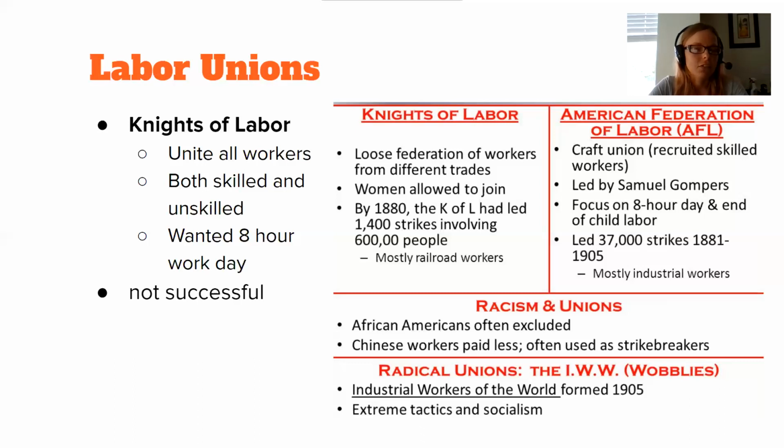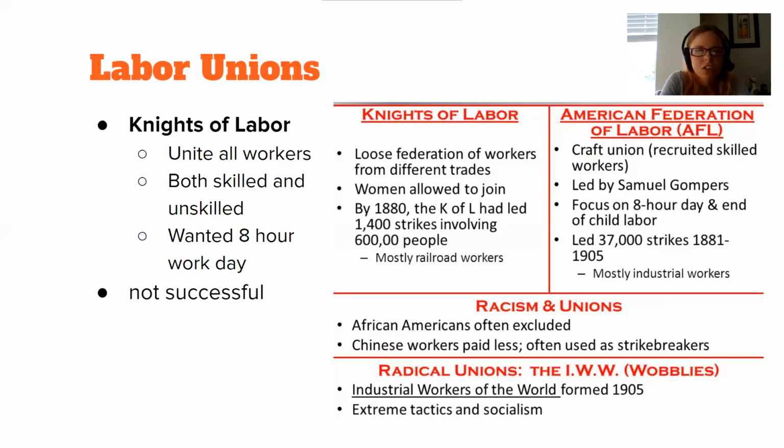They also eventually allowed African Americans as well, although they did force them to be in segregated union groups. The other thing that the Knights of Labor did that was very inclusive was they also allowed in unskilled workers. A skilled worker knows how to do a certain job. You have a skill set, like some of you maybe know how to fix a car. Okay, that's a skill set. You are a skilled worker. If you just have the job to tighten this one rivet all day long, that's not really a skill. You could just do menial tasks. You're unskilled. The Knights of Labor would accept skilled and unskilled workers.